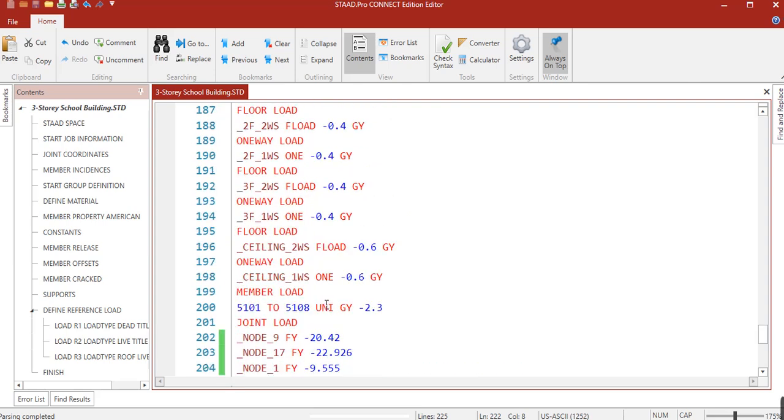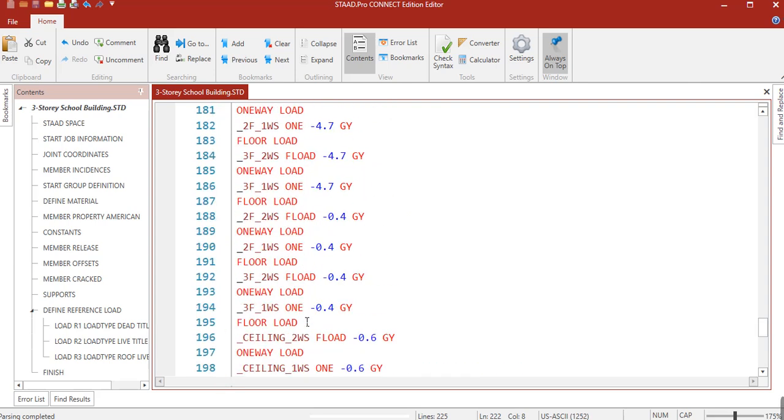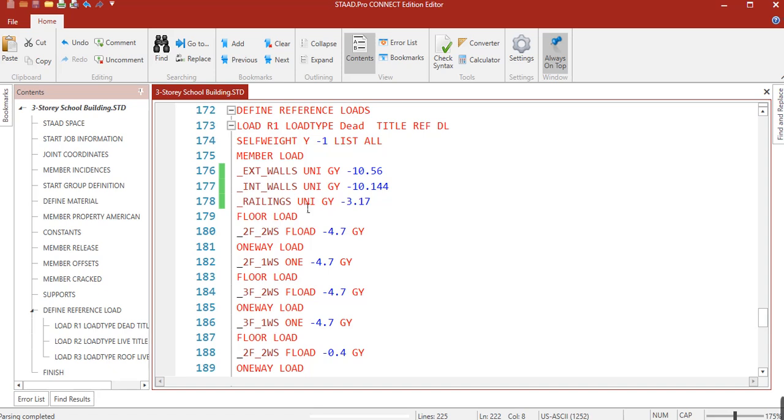If you already created the group, it's better to use the group names in loading the members. You can use this STAAD Pro Connect Edition editor. Then after that, just press Control S, or you can click the save button at the upper left corner, and then click the close button here.